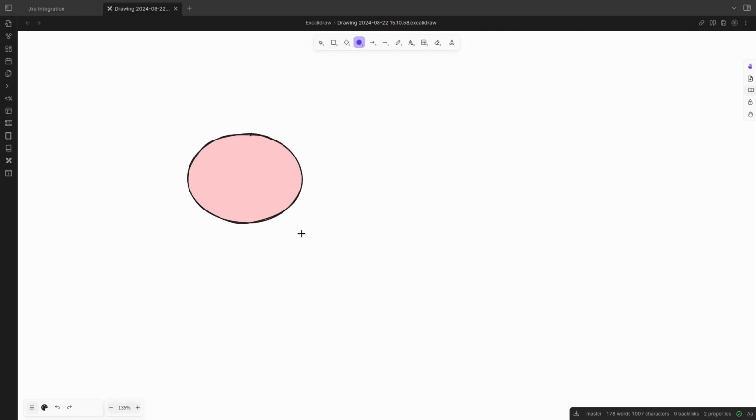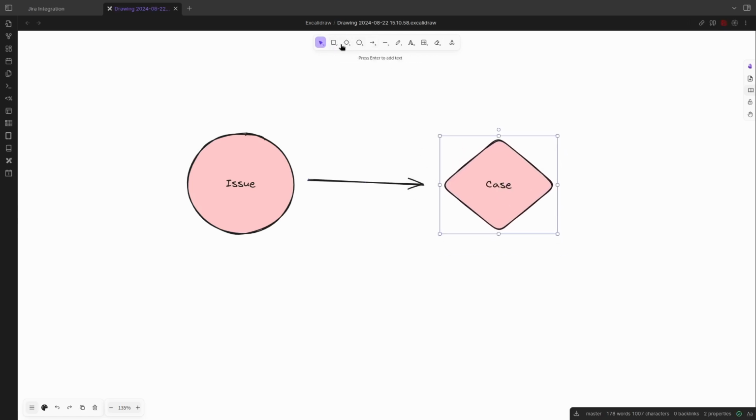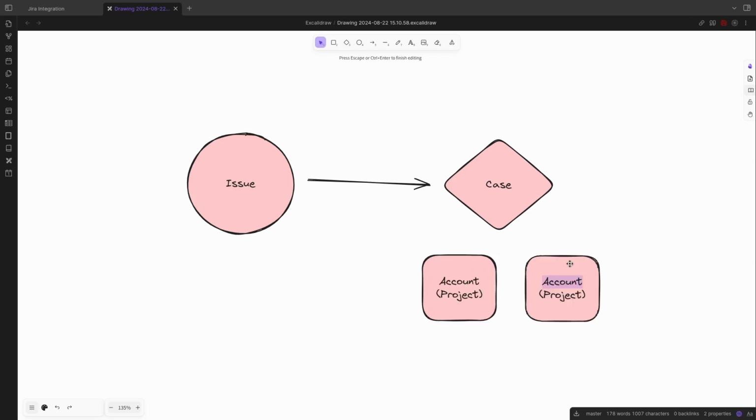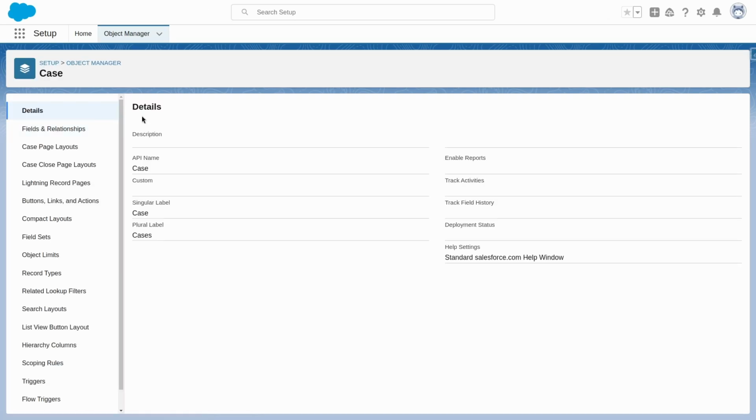Finally, I want to talk about the architecture for the issue sync. Suppose we have an issue inside of Jira. This issue can be related to a case as a one-to-one relationship. Now, each case we want to be able to relate to an account or a project, as well as an opportunity or a version. So to set up this data model inside of Salesforce, let's go to the case object,